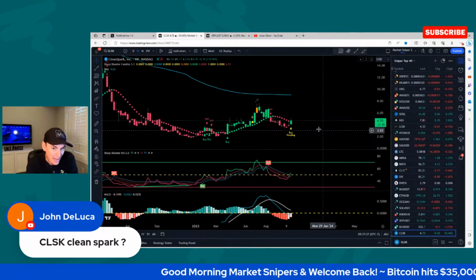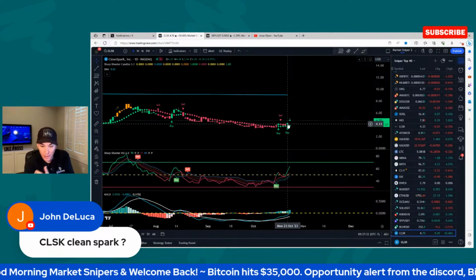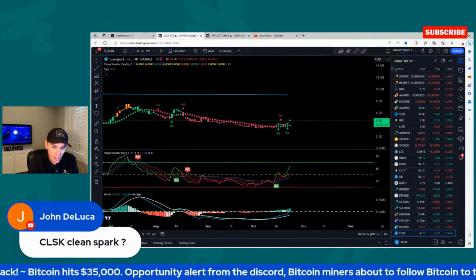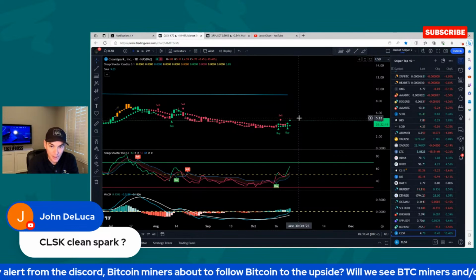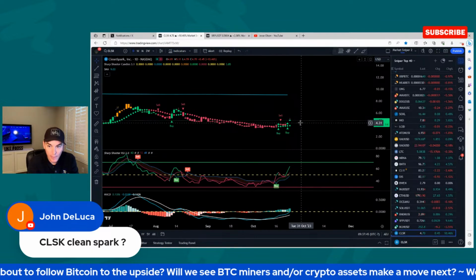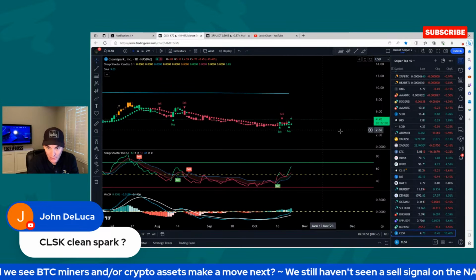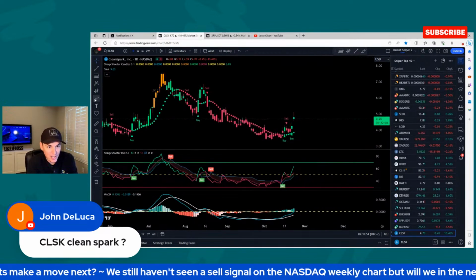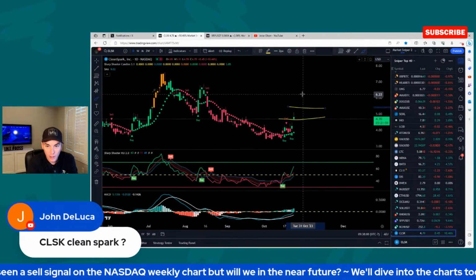Clean Spark pending buy signal. Had the buy signal yesterday on the daily chart again, right? MACD is getting into bullish territory back above the zero line on the daily chart. Like I said, it pumped up to about $5.11. The buy signal was at 4.31 yesterday. When it closed, it was a pending buy signal yesterday. And so, just the quick eyeball test, probably already at around target 1, target 2,